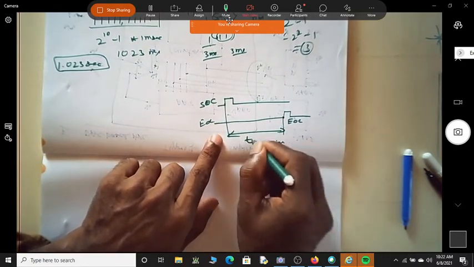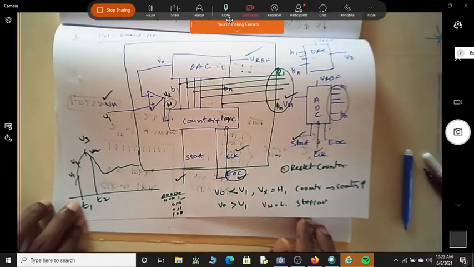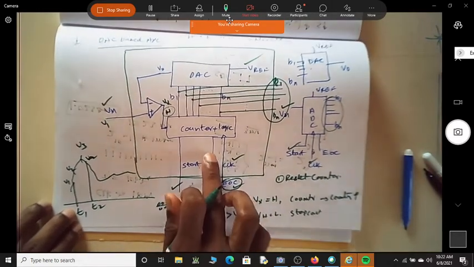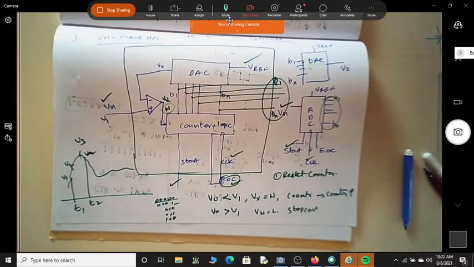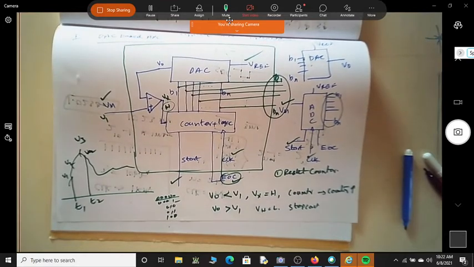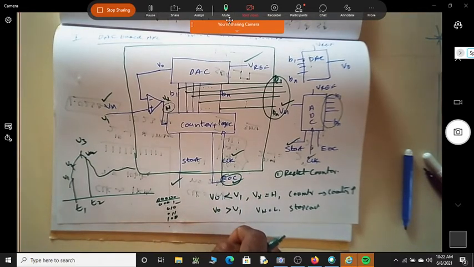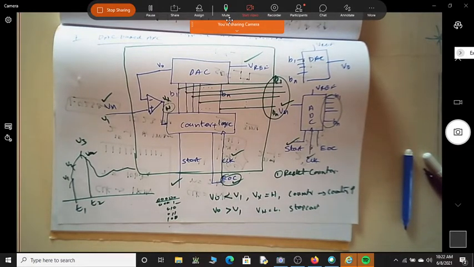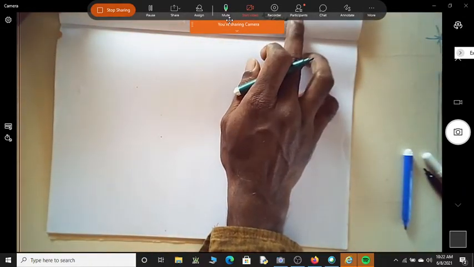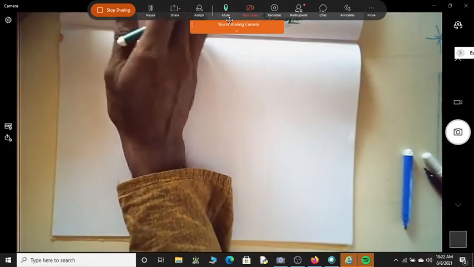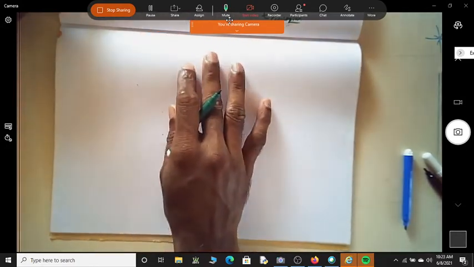Now, does this time of conversion depend on the amplitude of your input voltage? Yes, sir. In this case, why? Sir, amplitude is varying. If the amplitude varies, why should the time change? Anybody? No, I am telling you that the time of conversion depends on the input amplitude. If it is depending, is it good or bad?